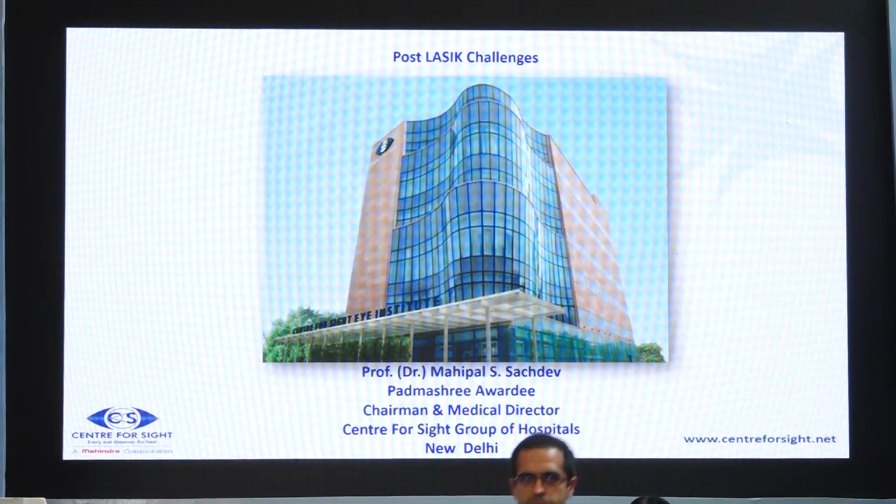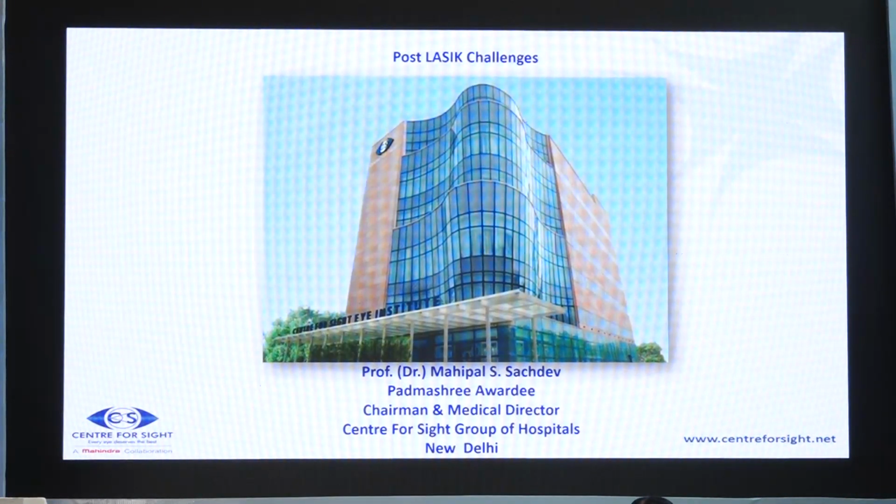Would you prefer to do, whenever there's more astigmatism, do you feel doing Contoura is better than doing SMILE? Absolutely, absolutely. So in fact, my second case, which I didn't show, was typically one where one eye we did SMILE and second eye we did Contoura, because there the astigmatism was much more than the sphere, and the patient had great outcomes in both eyes. So with high astigmatism, which is higher than the sphere at least, I will always go for Contoura rather than for